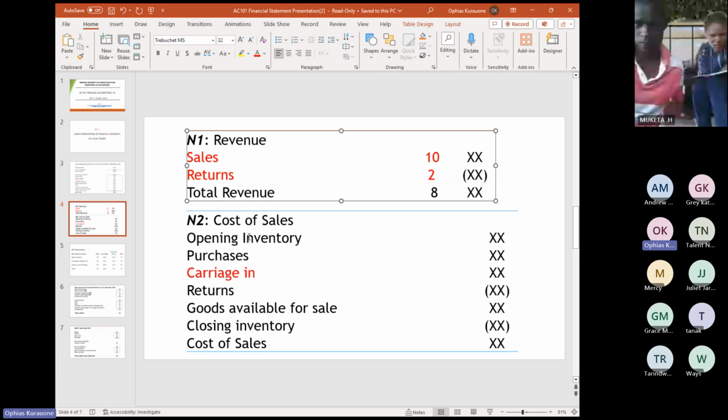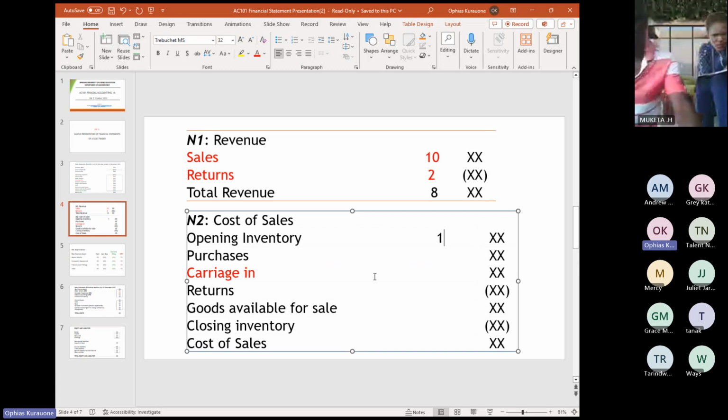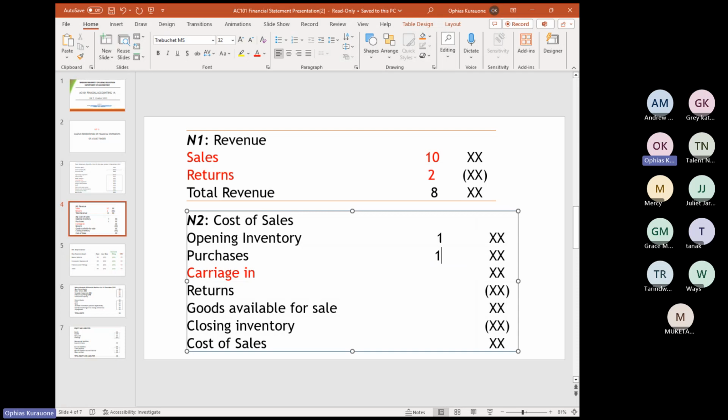Then you go to cost of sales. The cost of sales consists of opening inventory. Let's say here the opening inventory which was in the stock was $1. Then the purchases during that period, then maybe we purchase goods worth $14. Then carriage in,